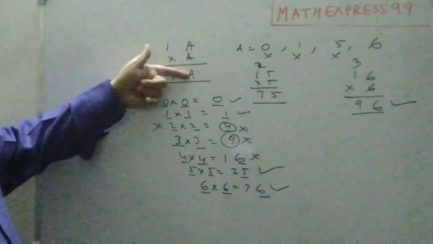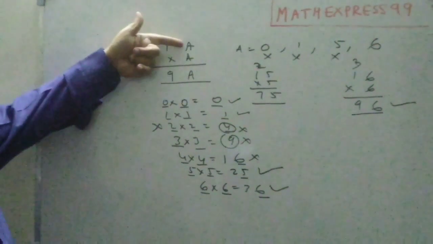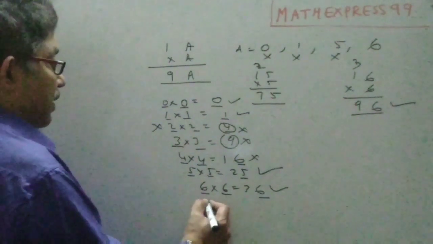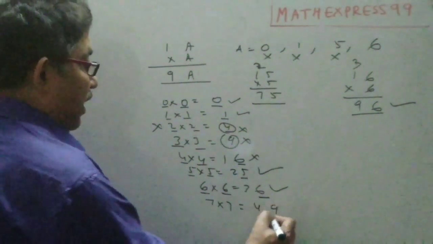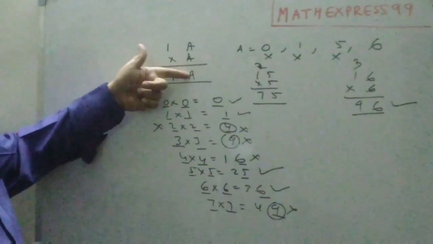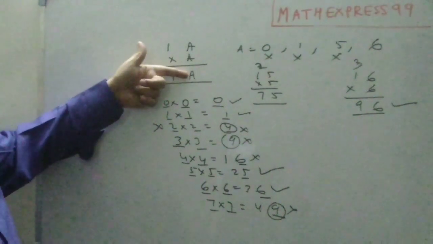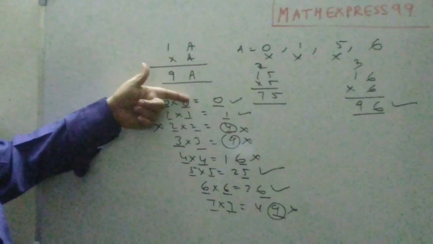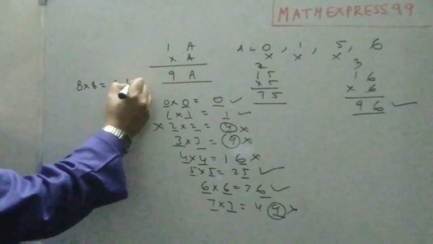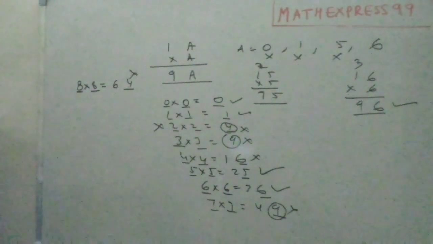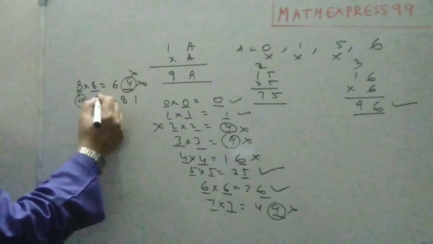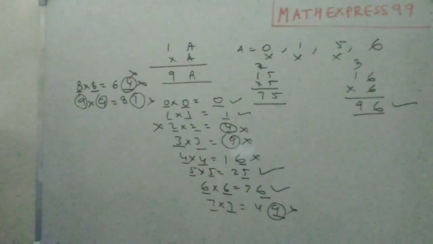Again 6 will come here. If you have 5 here, 5 into 5 is 25. Again 5 will come here. So these two are okay. 7 into 7, 49. Sorry, this doesn't match either. If you have 7 here, 7 into 7, 49, you will have 9 here. And 9 is not needed because you should have 7 here, because all three have to be the same. So this is also not done. 8 into 8 is 64. If you have 8, 8 here, you should have 8 here also. No. So 9 into 9, 81. If you have 9 here, you should also have 9 here. No. So what do we see from all this?